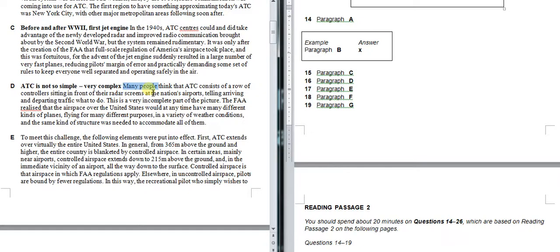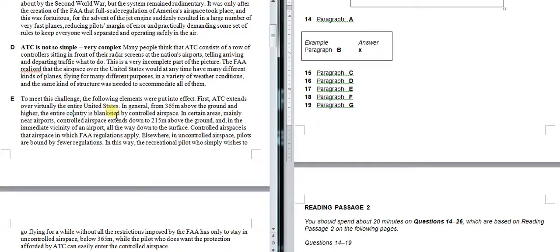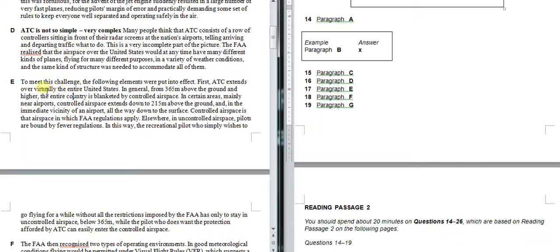To me, some people think it's very simple, but it looks to be very complex. All of these details, airspace over the United States, different kinds of planes, different purposes, you try not to get bogged down in the details. Look for the purpose within the whole passage. What is this paragraph doing? It's telling us what is the job of the ATC. It's very complicated. To meet this challenge, you can see complex, the challenge. So to meet this challenge,